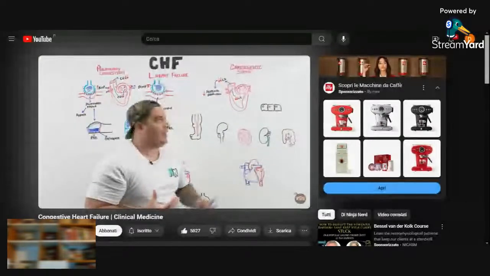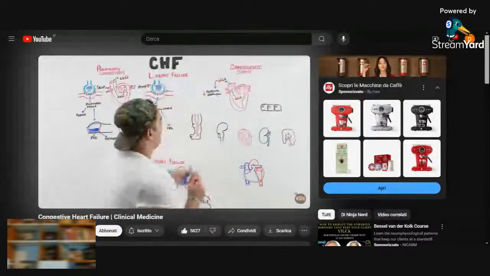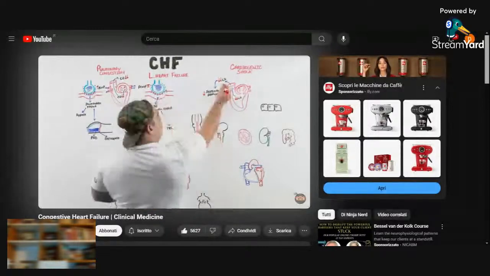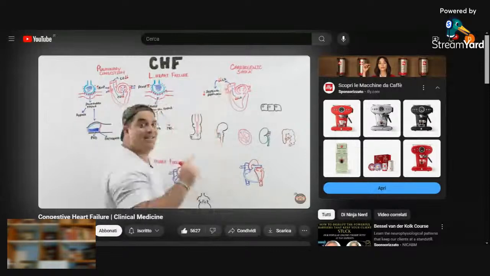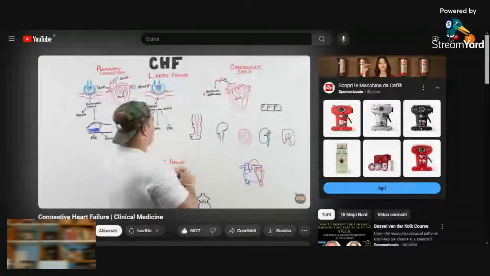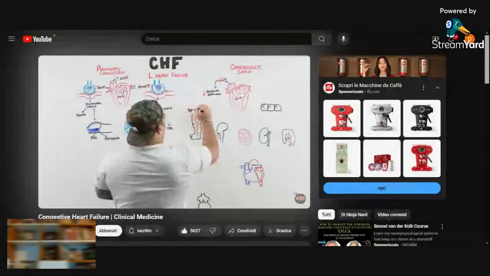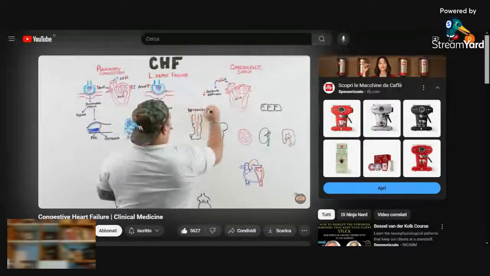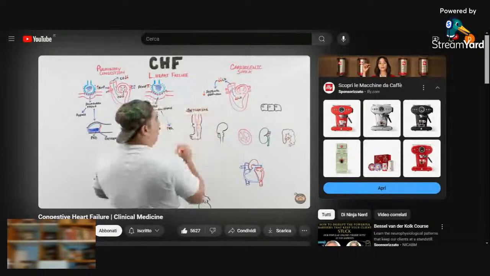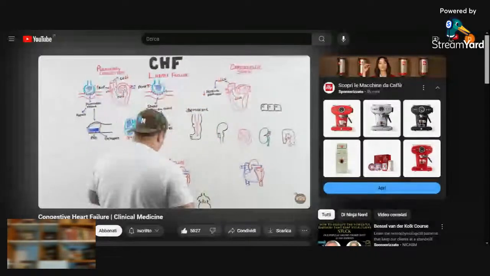You know what the body tries to do? It says, if the cardiac output's low, what's that formula? BP is equal to cardiac output times the systemic vascular resistance. Let's write that out. So BP is equal to cardiac output times the systemic vascular resistance. In patients who are in cardiogenic shock, cardiac output is low, causing BP to be low. What has to compensate, my friends? SVR, and this will shoot through the roof.